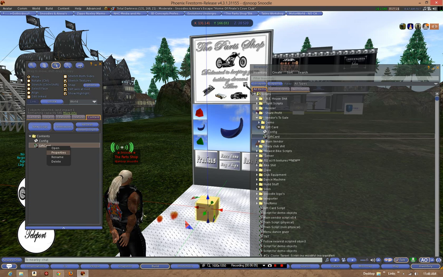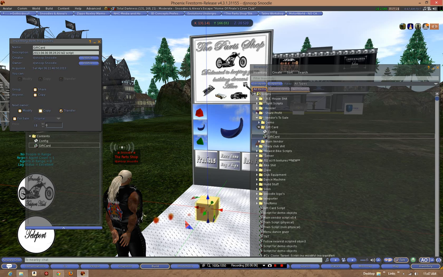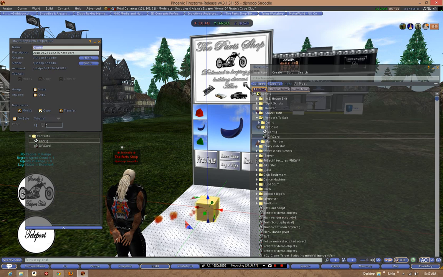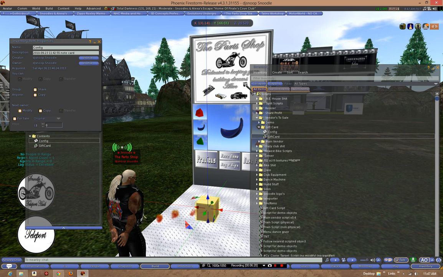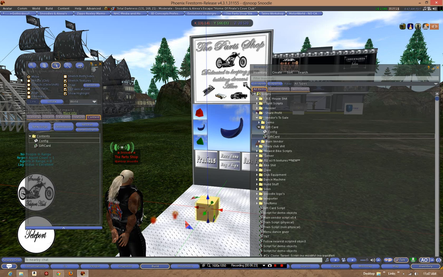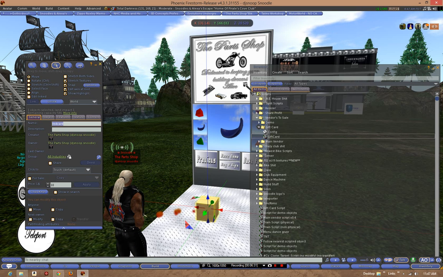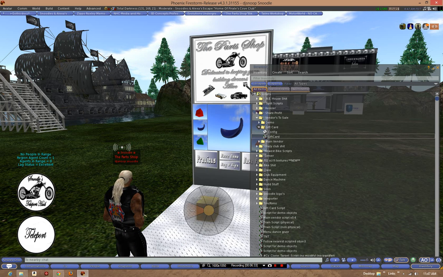We'll come back over here to the gift card itself, or the script, and make sure we set that to no transfer, or make that no copy, no mod. Go to the config card, make the config card transfer only also. So we want these two items transfer only, and then the box itself, whatever you use for a gift card, the box itself, make sure it's no transfer. That way when you take it up